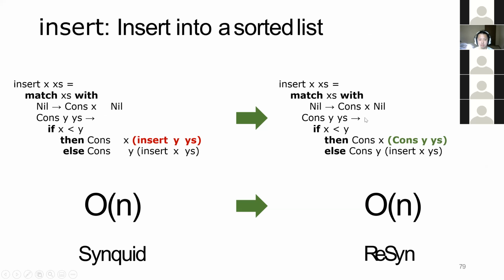Okay, let's move to the next example. In this example, they want to insert into the sorted list, and in the implementation on the left-hand side, what they do is they check if the list is empty, then you append the new element to an empty list. Otherwise, you check if x is less than the smallest number in the sorted list. If it is, then we can just